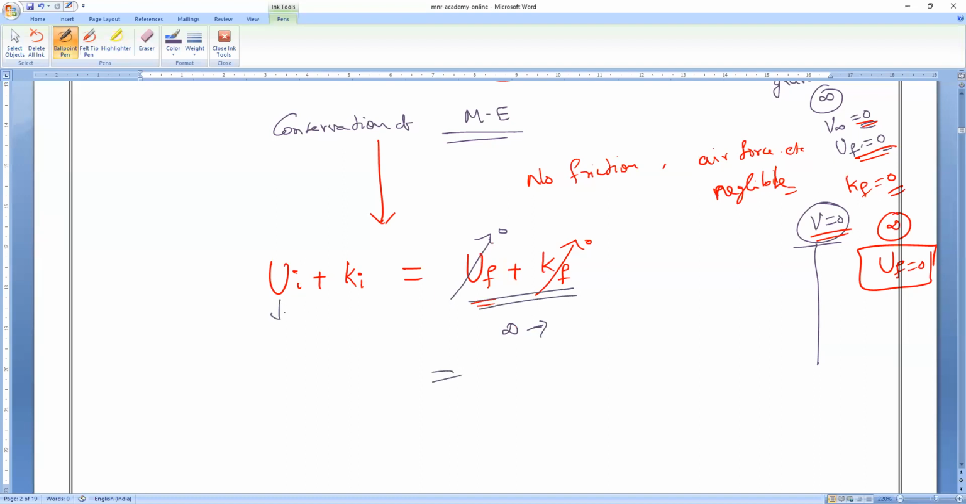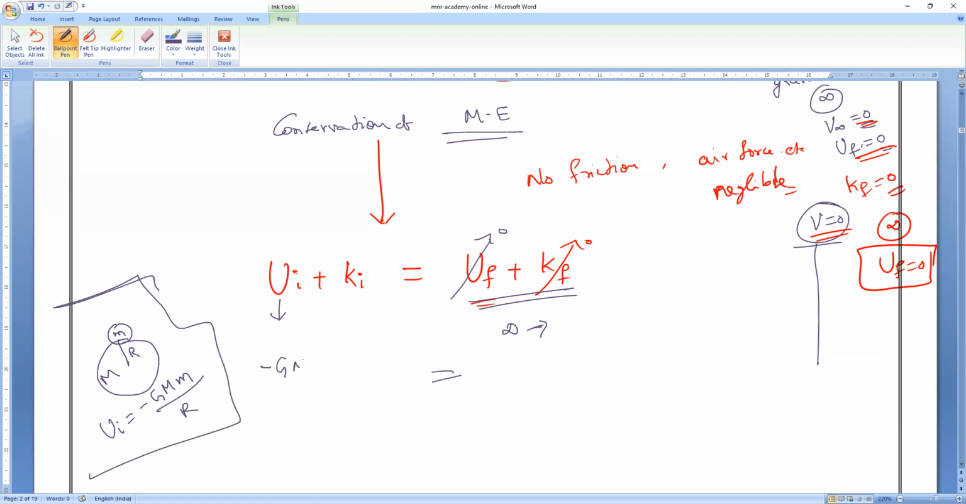What is the initial potential energy? This is small m, this is R, and this is capital M. So what is the initial potential energy? Minus G into M into small m divided by R. Am I right? Yes. So minus G into M into small m divided by R, plus